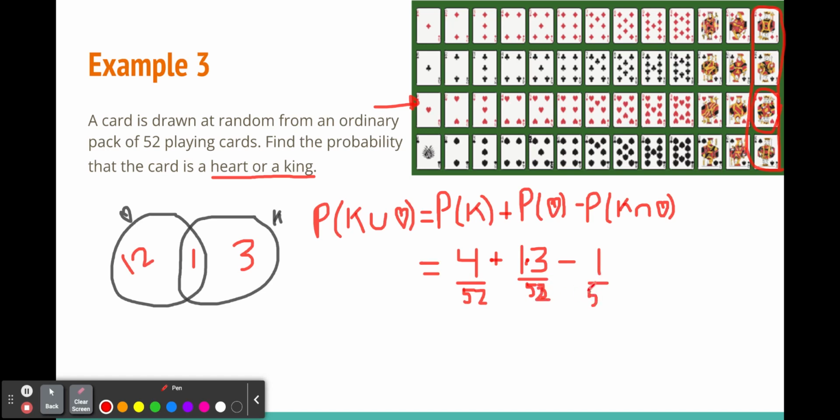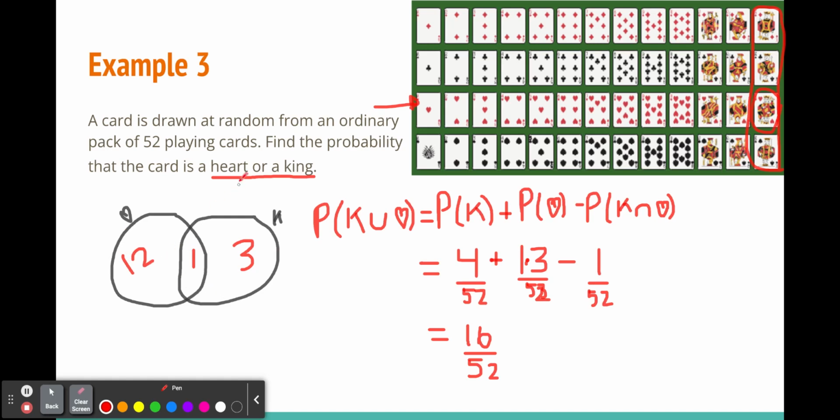52 and 52. So using the formula, since all the denominators are the same, we can add the numerators. So 4 plus 13 minus 1, we're going to get 16 possible cards here. Now notice that we could have done this also by simply adding the cards that we see here. So we could either use the formula, or we could look at our Venn diagram that we created,